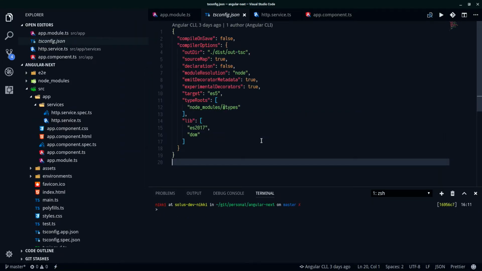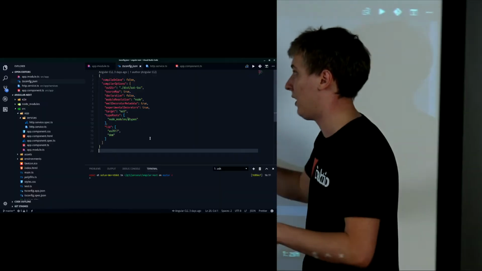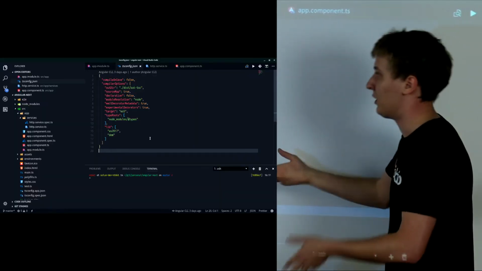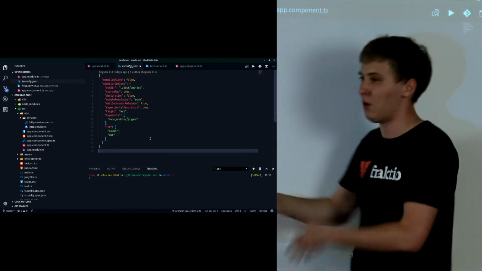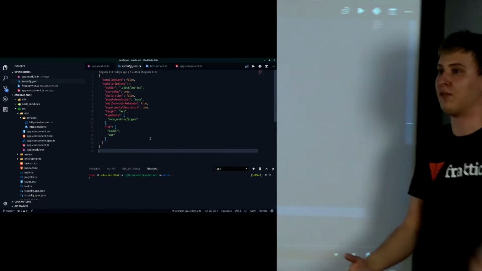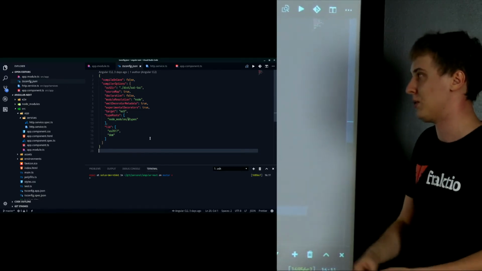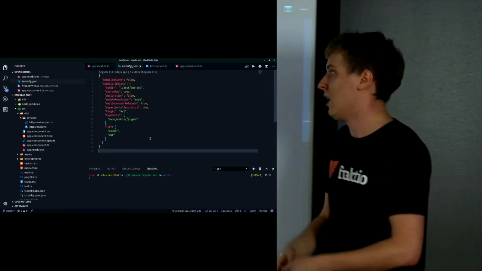config in a nutshell. So much like Babel, when you configure something to transpile it to a specific JavaScript version, be it ES6, ES7, ES5, ES4, ES3, I don't judge, you can do the same thing with TSC, except you don't need to do any Webpack configuration whatsoever. All the configuration is in this small JSON file where you do stuff like compile on save, set your source maps, declaration, your target. And then if you're doing some Node development, you can switch the module resolution to node. If you're doing only front end, then you can switch to a different module resolution, classic or ES6.